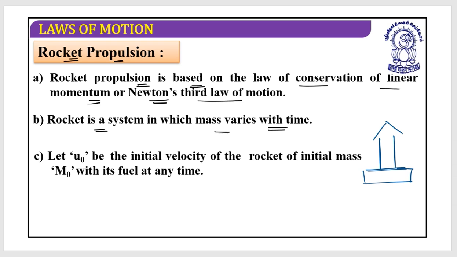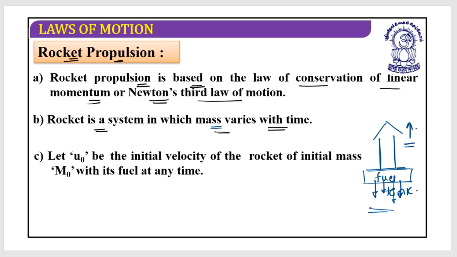There is one system, and there is a fuel tank, and from the fuel tank the fuel is burnt. The exhaust gas leaving the system provides the required force so that the rocket can go in the upward direction. So this can be considered a variable mass system, and that's why its mass varies with